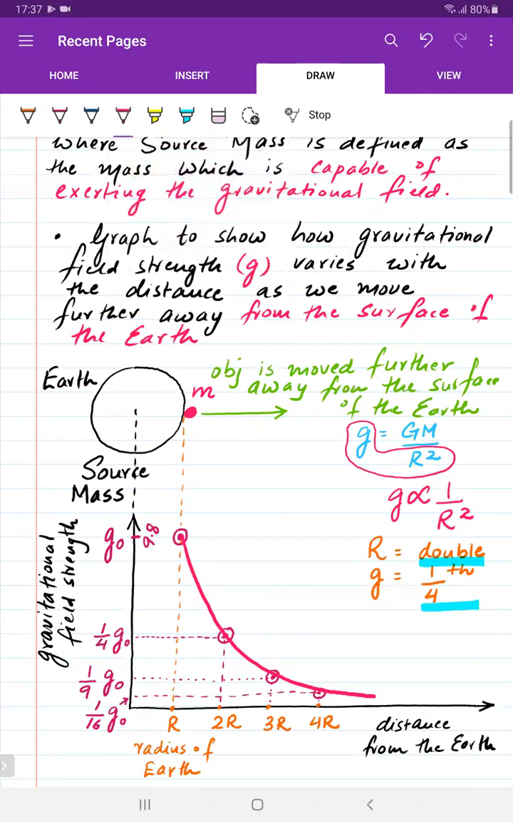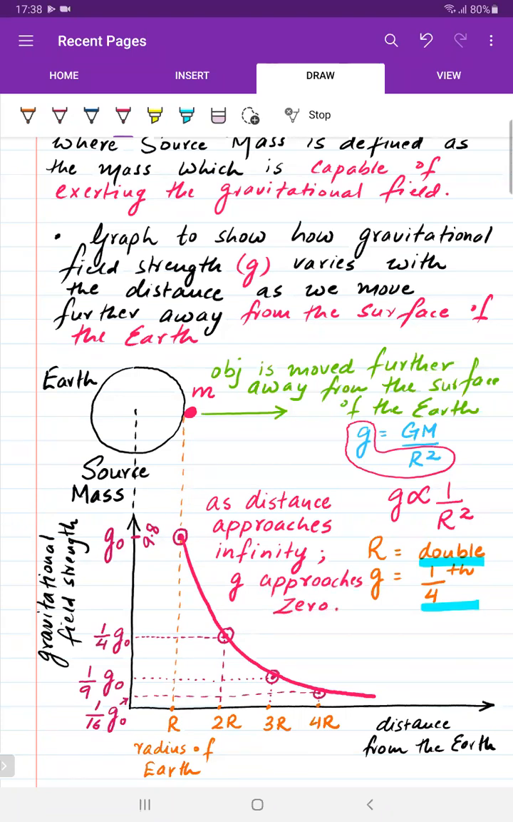You can also try and remember this graph as follows. As distance approaches infinity, the value of g approaches 0. ठीक है, so a diagrammatic representation implying how the strength of the gravitational field varies as we move further away from the surface of the earth. ठीक है, मैंने wordings भी साथ में mention कर दी है। As the distance approaches infinity, the value of g approaches 0. Now, one thing to recognize with regards to this diagram,